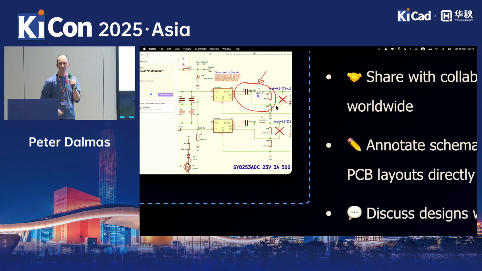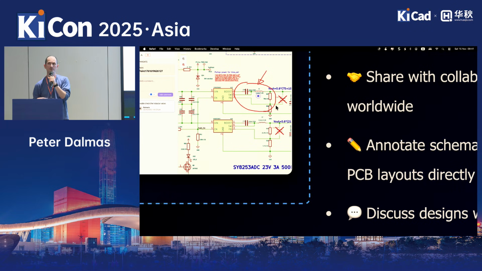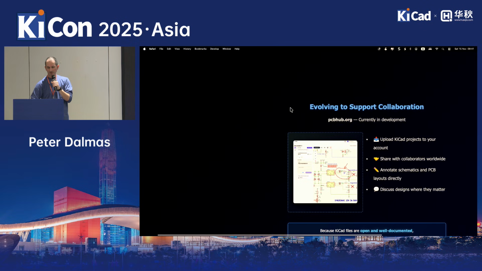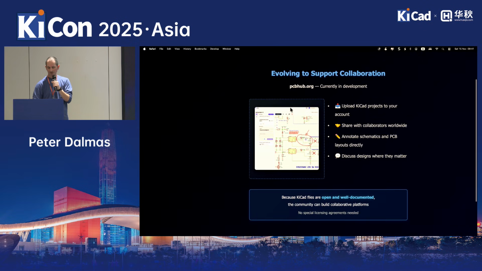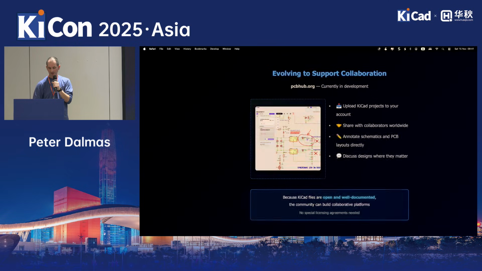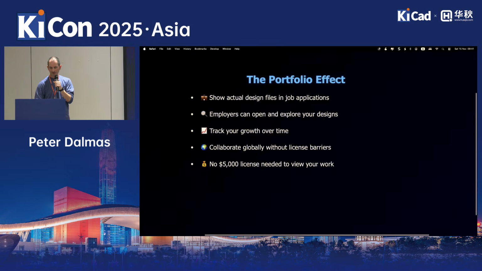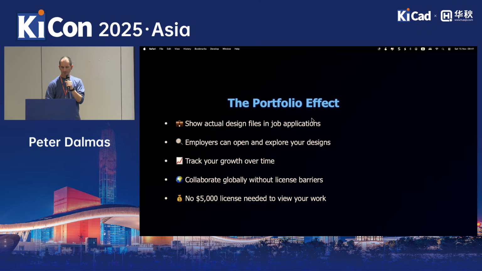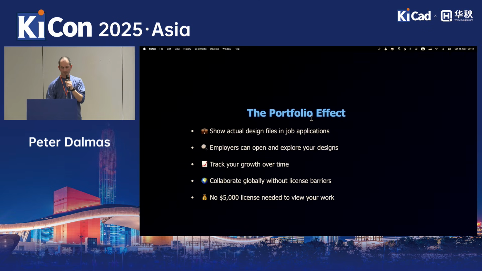You can see the history of the project. You can go through versions and see how the project evolves as these questions and discussions evolve as well. So that's just an example of how the network effect for KiCad in particular works. And it shows that the KiCad ecosystem is healthy because it's growing.